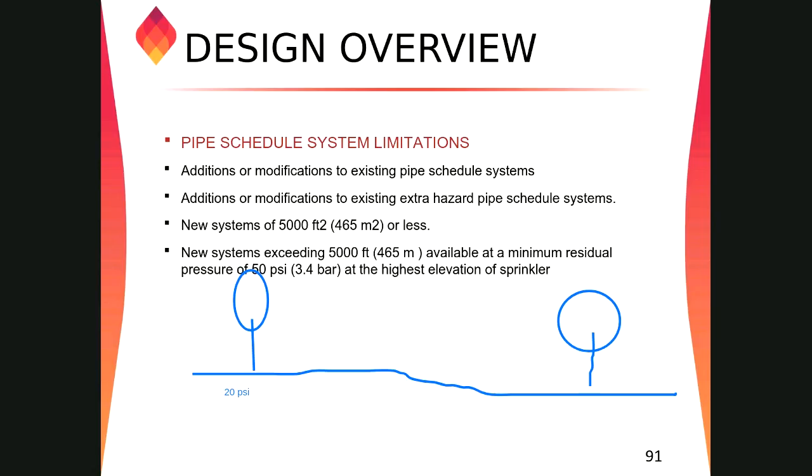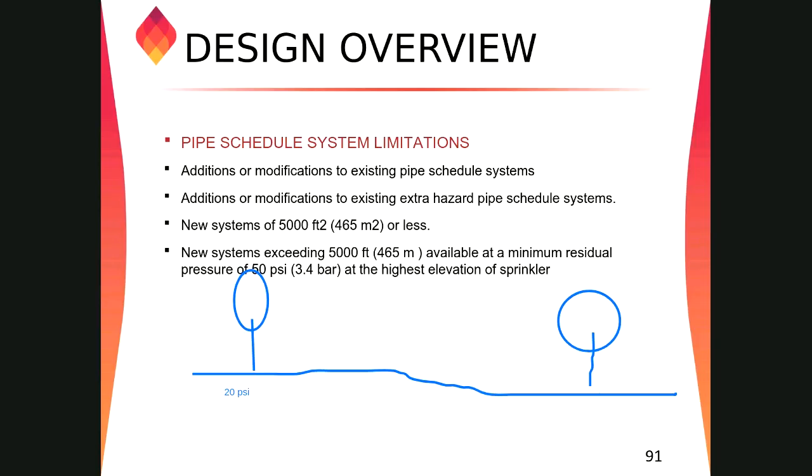The 20 psi is required for two conditions. The first one is that at 20 psi residual pressure, the flow and quality of the stream is good, right? We can get enough pressure and enough flow from the discharge nozzle, and we can fight fire easily. But if it goes below 20 psi, there might be some problem. This is the first issue.